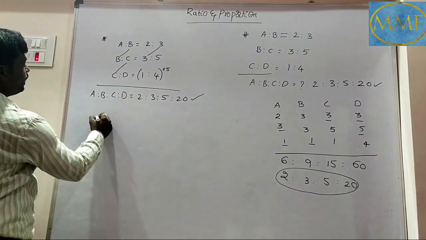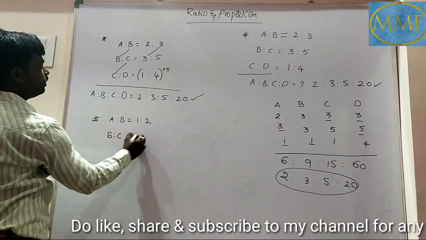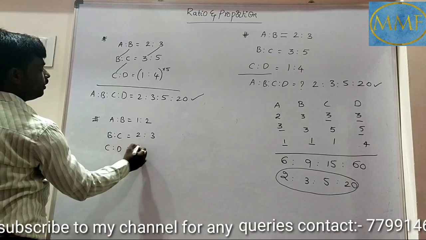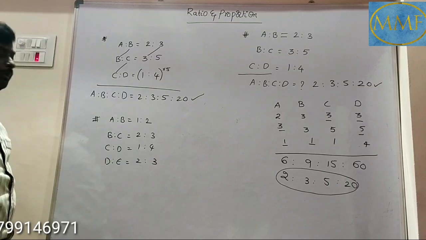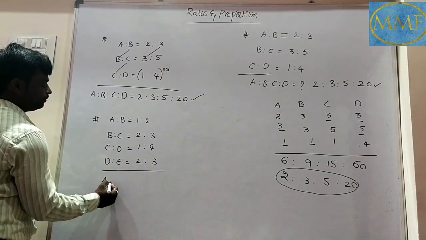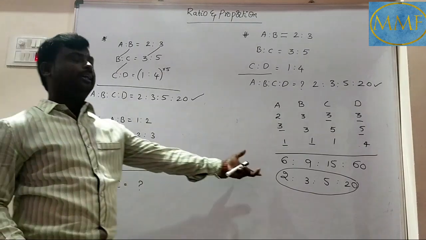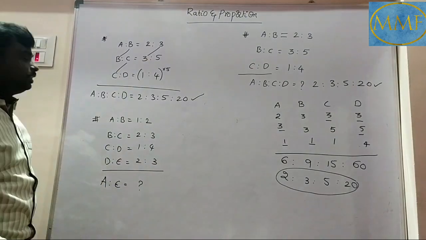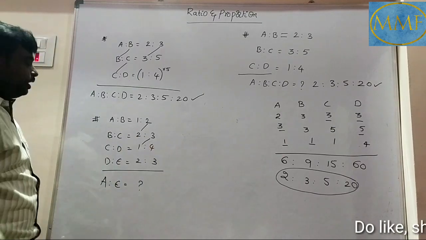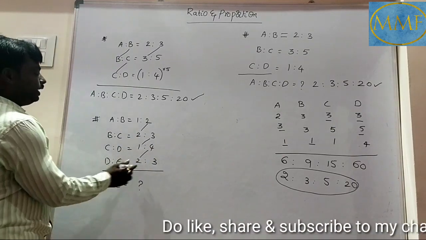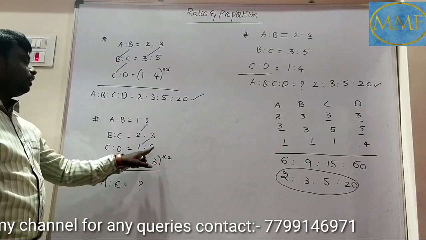Okay. Then we'll see one more example. Let's say A:B is 1:2, B:C is 2:3, C:D is 1:4, D:E let's say is 2:3. Then my question is, what is A:D? This is my question. What is A:D? One way going this method, another way going this method. Let's see here, B is already the same, but what about C? It's not the same. And what about D? It's not the same. So to get the D value the same, what should be multiplied here? Into 2. So now D, 2 2s are 4, here also 4.